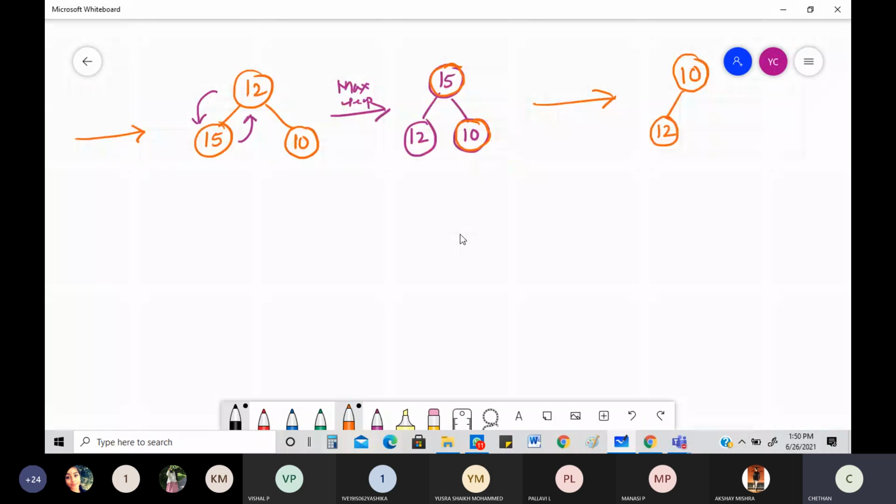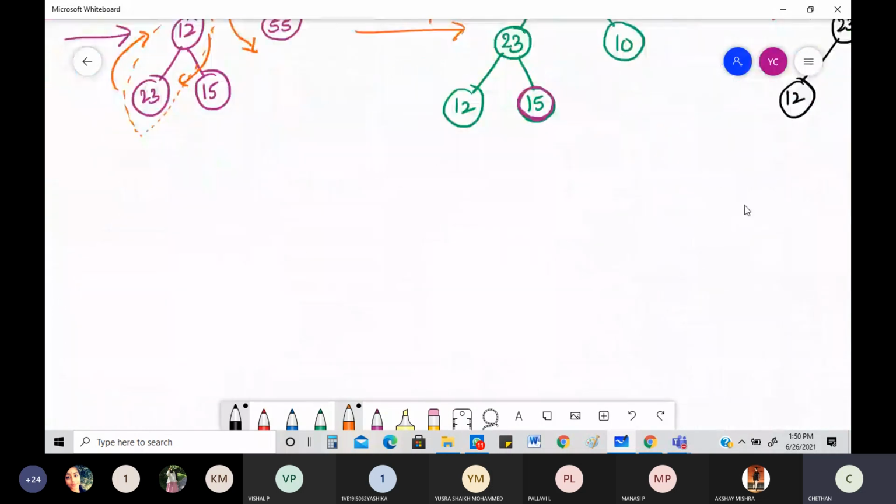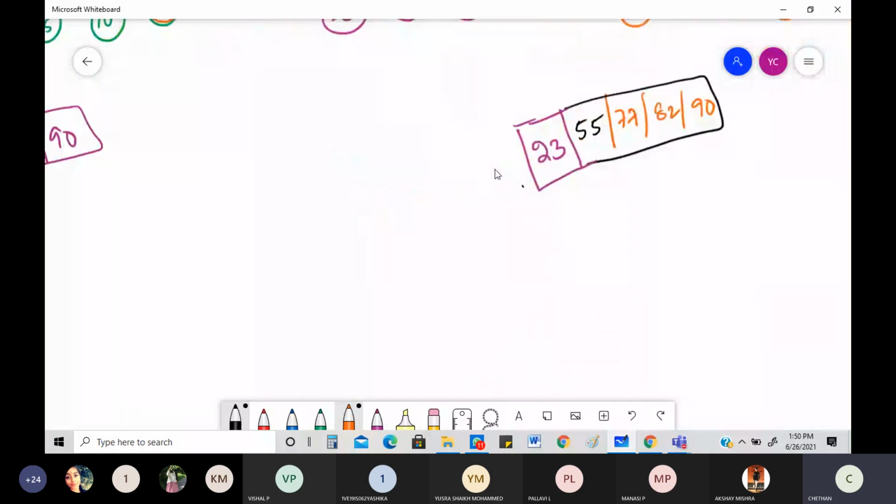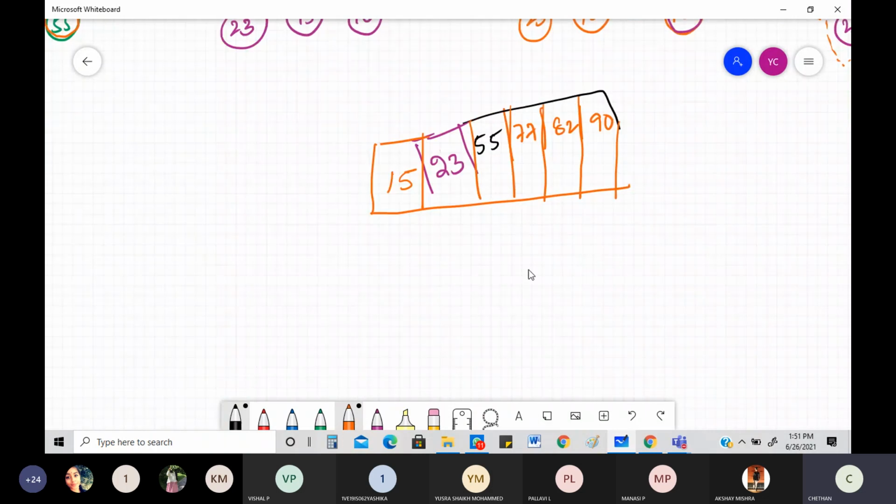Okay, after 23, where was our array? Yeah, array is here. Okay, after 23, the one to be added now is 15. Write it neatly, okay? So you can see this. This is what we sort of get now. This is the numbers we got. Of course, don't see the writing of it and all, because I'm writing it in a way that it's going a little bit cross. See this 15 is all done now.